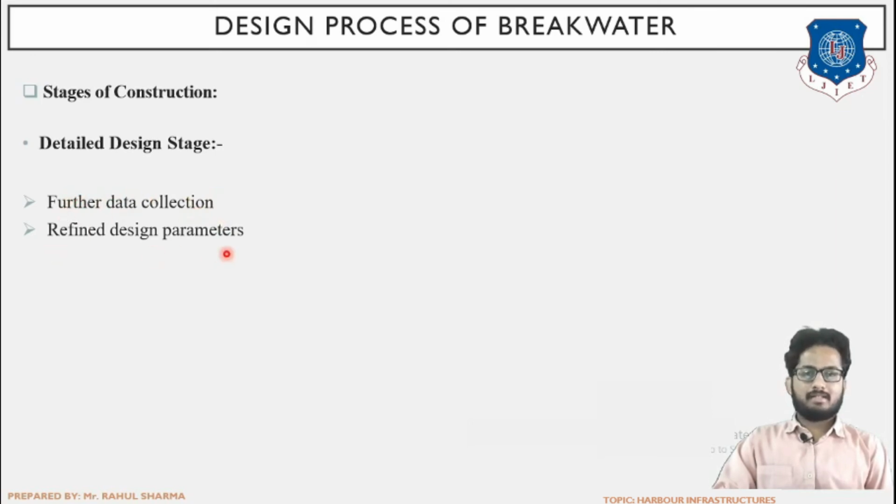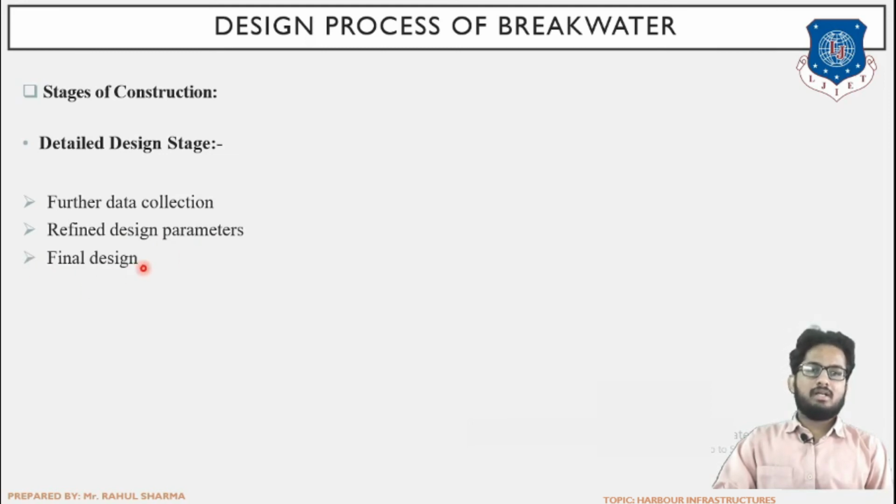Refined design parameters. So basically we have fixed the various design parameters, for example the force or direction of wind, maybe the height of waves. Here the design parameters are defined again and cross-checked, to see whether we have evaluated all the design parameters adequately or not. So again they are screened through the various parameters.